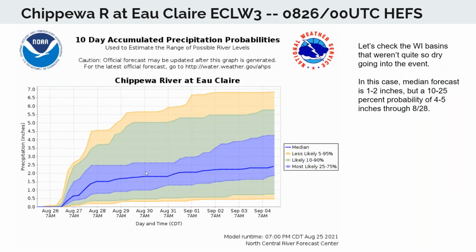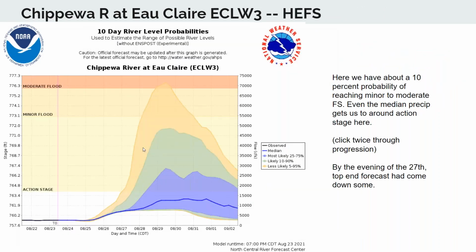Forecast rainfall, again, pretty much all of our areas have very similar rainfall to what we saw on those initial QPFs, and that is a pretty good large area of 1 to 2, maybe 3 inches, with an outside probability of some higher amounts. In this case, the river level forecast, based on this information, had our median or most likely range now getting up above action stage for this point.